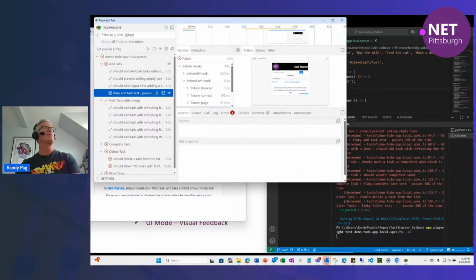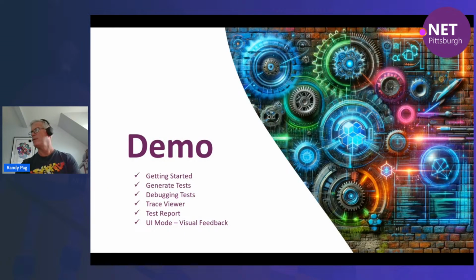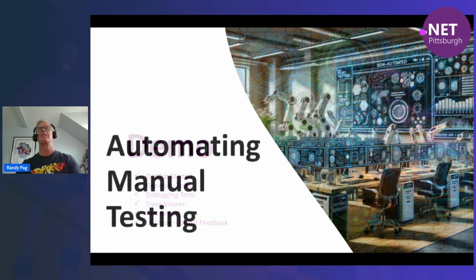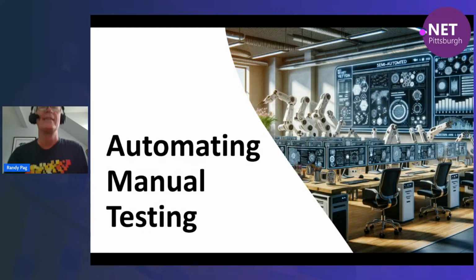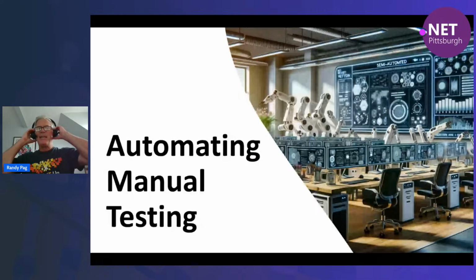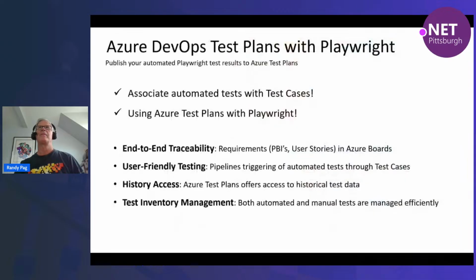Okay, let's go back. I have a lot to show you. We're only getting started. I'm glad I have 30 more minutes. So the next thing I want to talk about is automating manual testing. Yes, we can build tests from scratch, I can go out and record something, but a lot of customers I work with have manual tests. Generally speaking, they're in Excel spreadsheets, but they are manual tests. So what can we do there? We can actually use